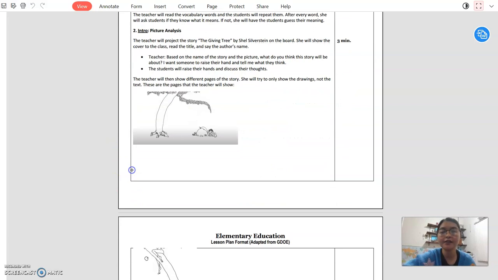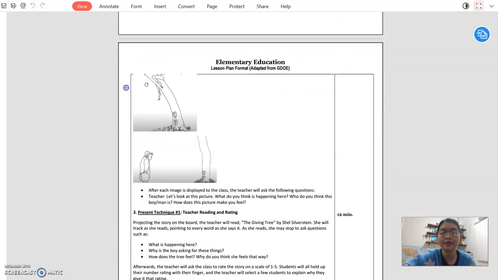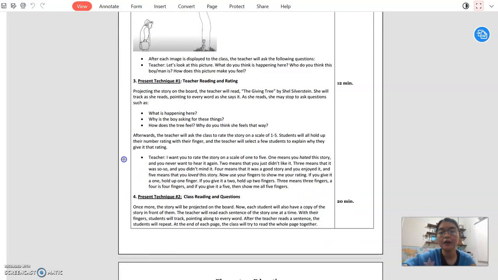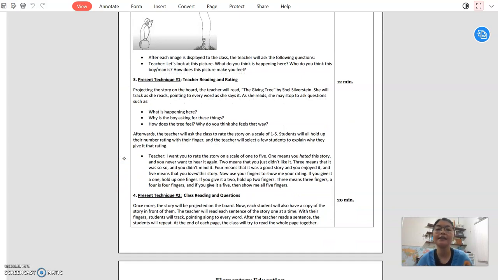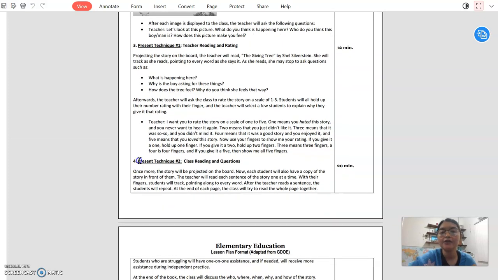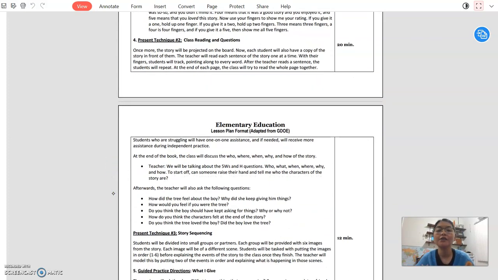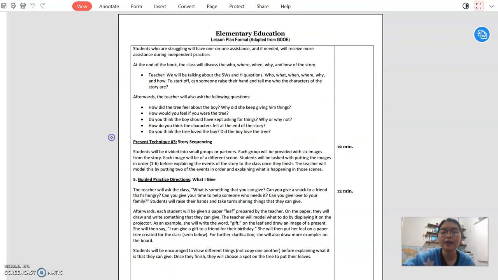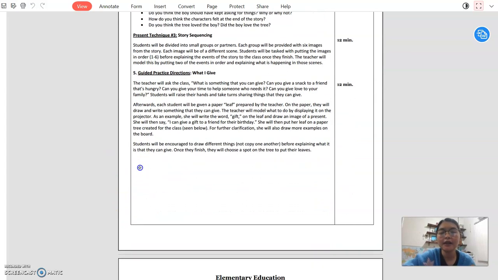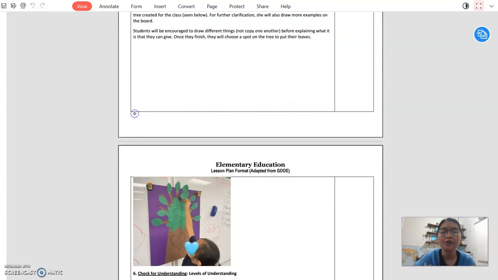Okay, they have a picture analysis here where they predict what happens in the story based on just the pictures. For the present techniques, it is a teacher reading. The teacher will read it, and then the students will rate the story. Then the students will ask the class to rate the story themselves before going on to the whole class reading, where they'll all read it together and answer some questions about it. We have story sequencing, and then we have an activity called What I Give,